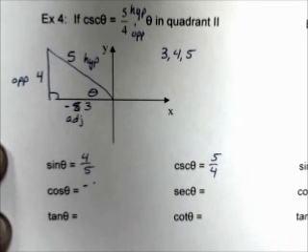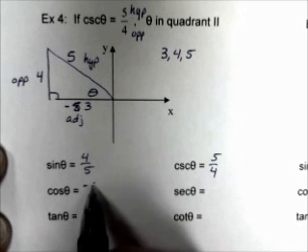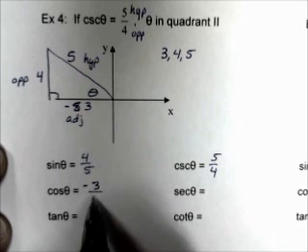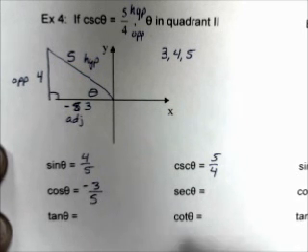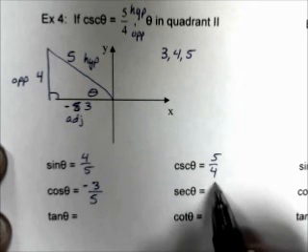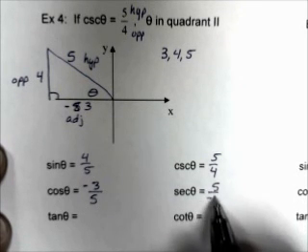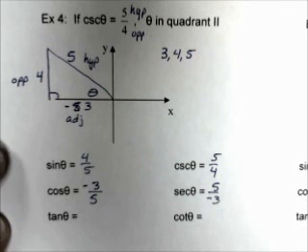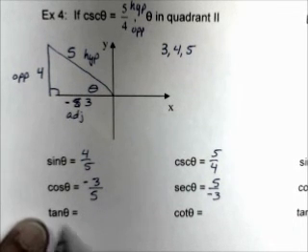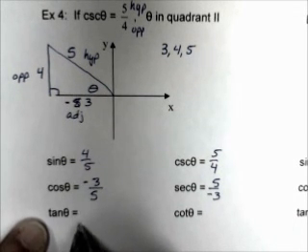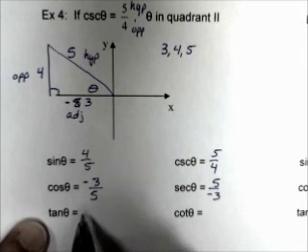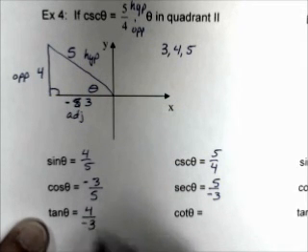But I caught it here before I wrote down the value for cosine. All right, so cosine theta is adjacent over hypotenuse, -3 over 5. Secant would be its reciprocal, hypotenuse over adjacent, 5 over -3. The tangent of theta, opposite over adjacent, 4 over -3. And the cotangent,